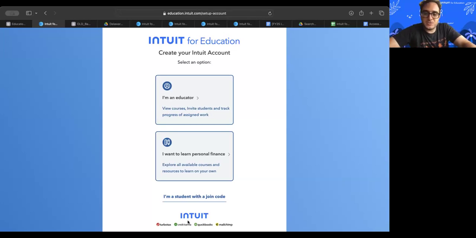When you're signed up as an educator, you'll be able to add a class and invite students, and they'll have a join code. So you don't have to send them this, like, I want to learn personal finance. They're not gonna need to do that. They're gonna be clicking down here, I'm a student with a join code. And I'll show you all where you get that join code once you're able to add students into a class